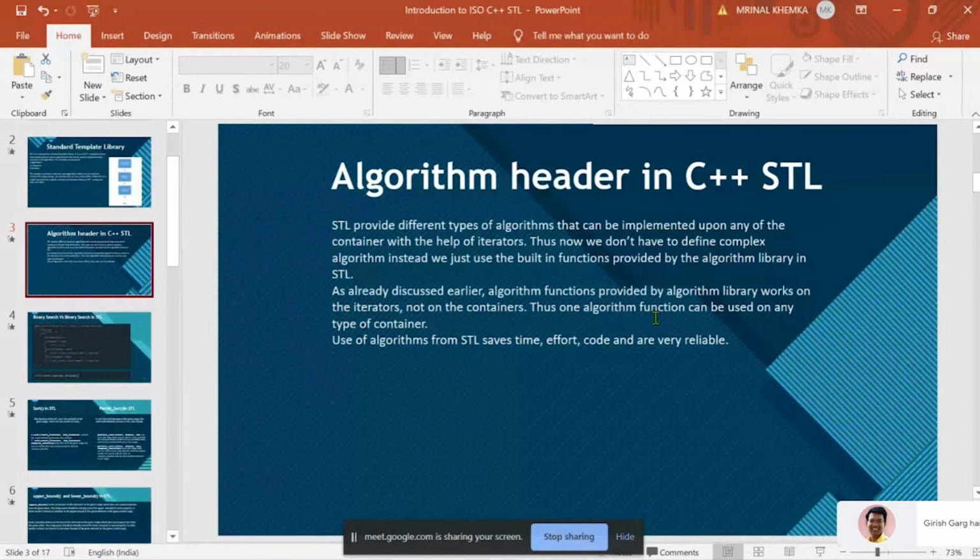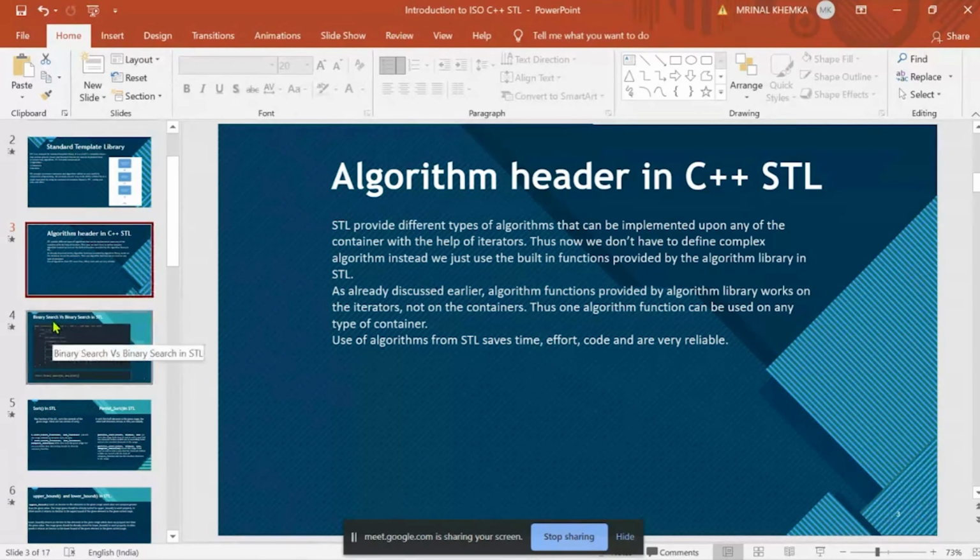As I've discussed already, algorithmic functions in STL work on iterators, not on containers. Thus, algorithms can be used on any type of container, which we will know more about after this algorithm header in C++ STL. The use of the algorithm header in C++ STL reduces the time and effort, and also increases reliability as we have to write shorter code.